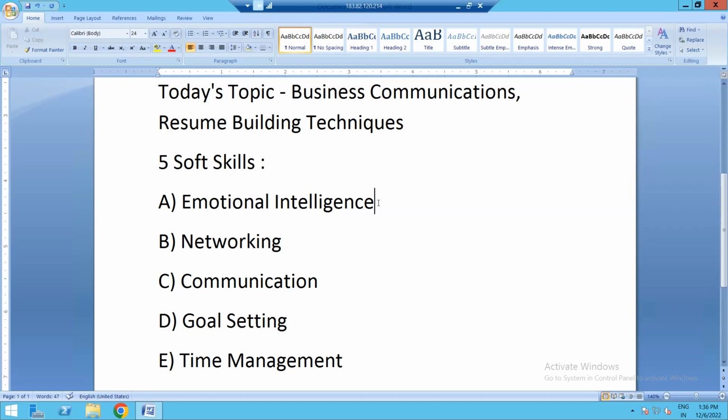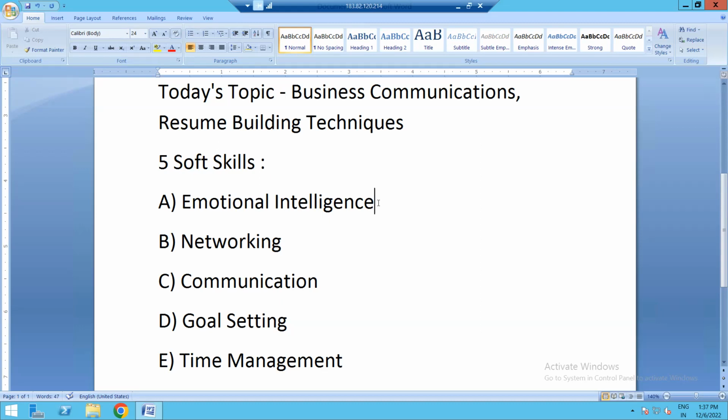Number 2, networking. Having set up a connection with the right people at the right time is also a key criterion to have a proper output from that networking,